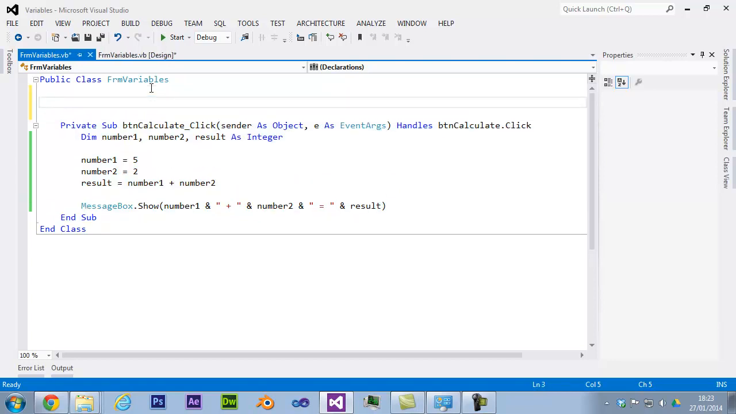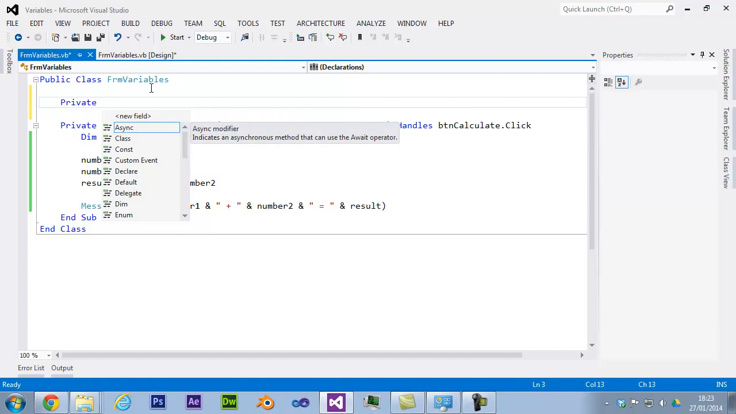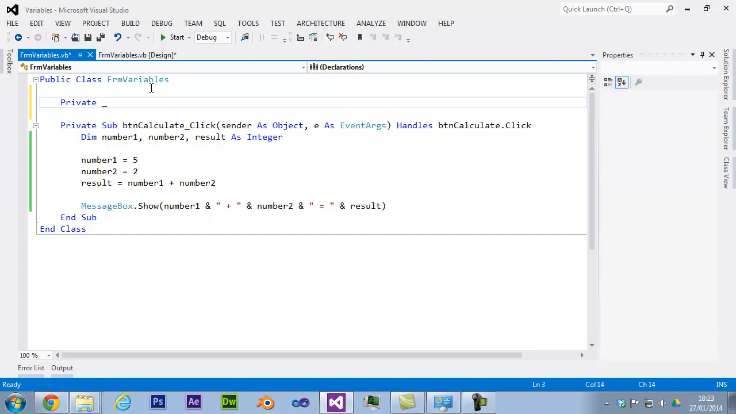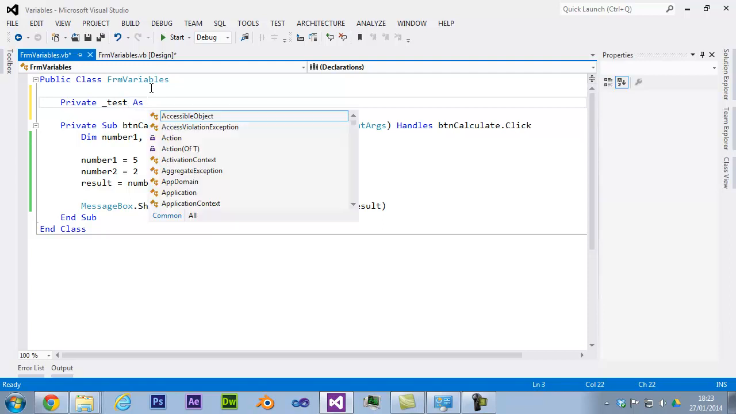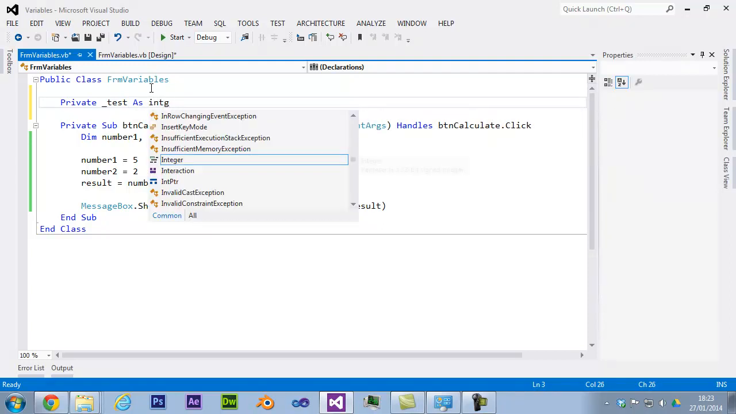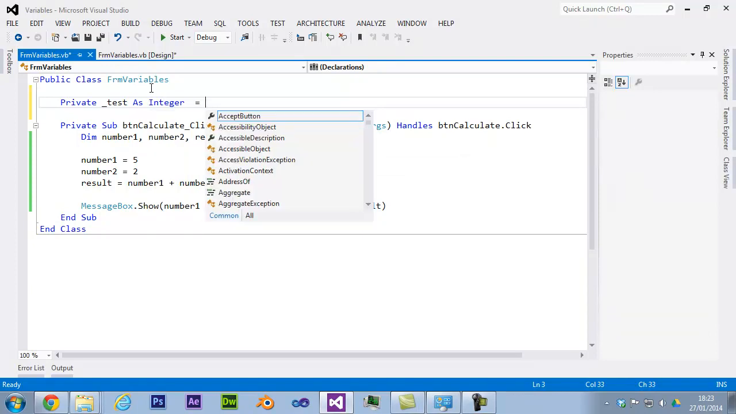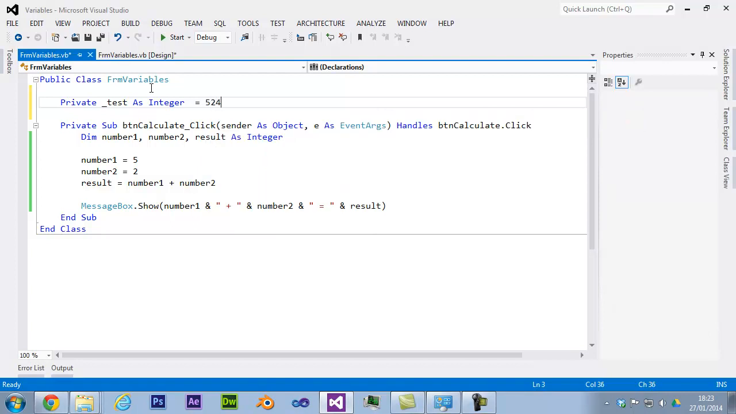But if we do it over here, and then we don't use dim, but private or public, but we'll go over that in another tutorial. Private, and I always use an underscore. This isn't required, but it's easy to know which ones are global. Test, I will call it, as an integer. And I'm also going to make it equal to,